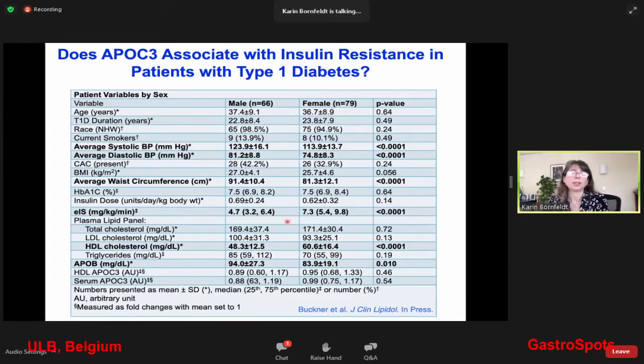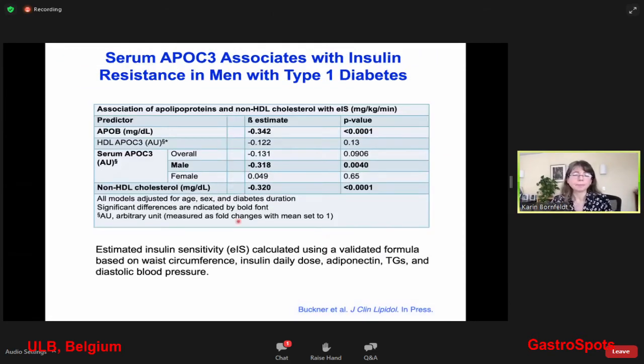Then we measured insulin sensitivity through a formula that I will describe in a minute. And insulin sensitivity was lower in men than in women, suggesting that the men were more insulin resistant than the women. And this formula has been validated to be very similar to the HOMA-IR method. It's calculated based on waist circumference, insulin daily dose, adiponectin, triglycerides, and diastolic blood pressure. And so when we used